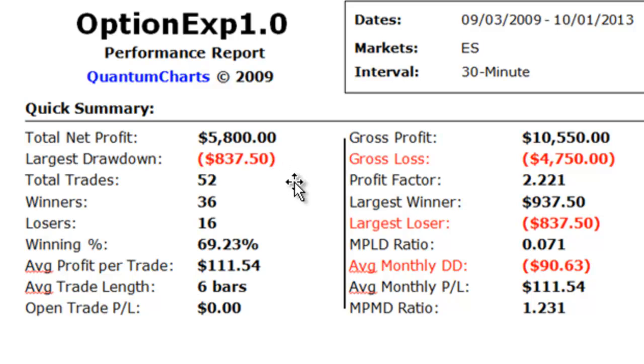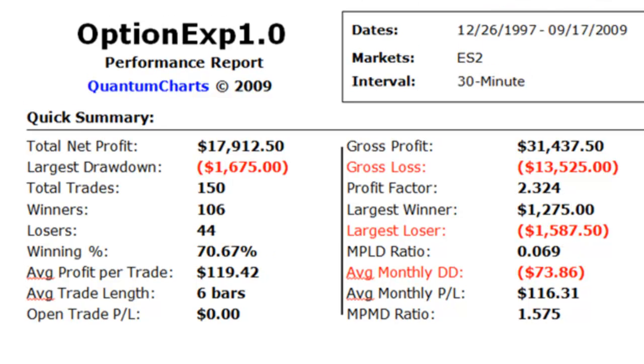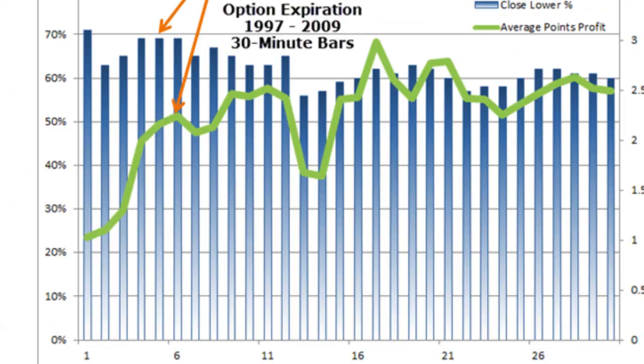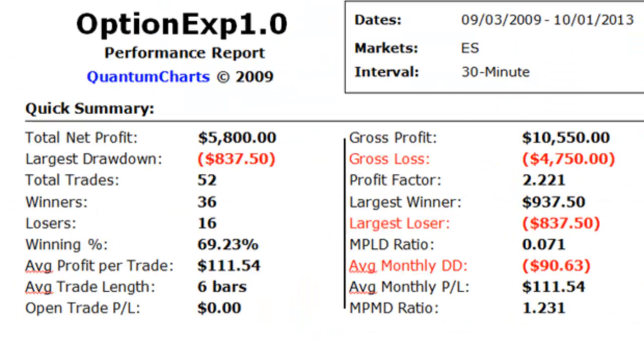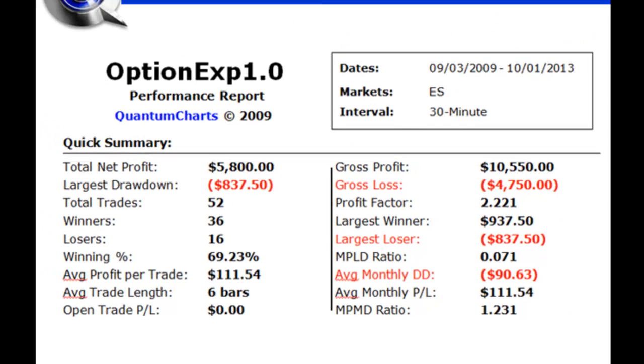So the results were very, very similar to our backtest from 1997 to 2009. So there's no optimization going on here. We simply looked at the market movement stats, determined what the probabilities were with market movement, direction, and by how much, and then created an exit based on that. It was very straightforward and simple, and that's the kind of statistics and the kind of strategy that you get.